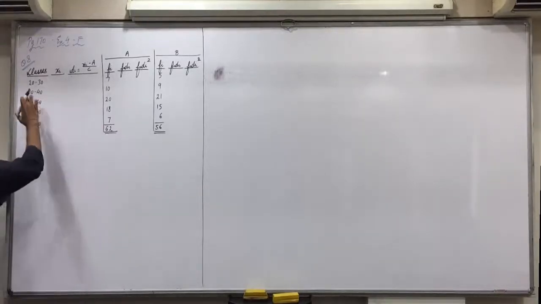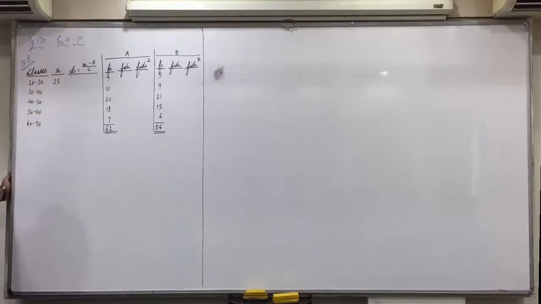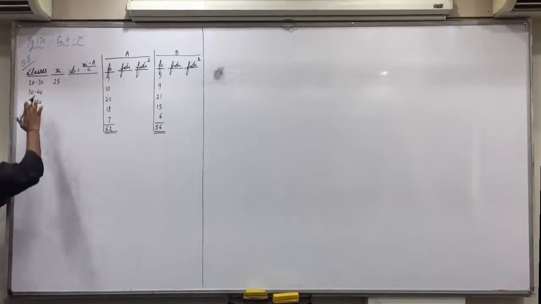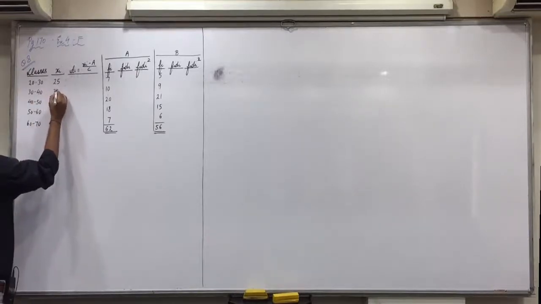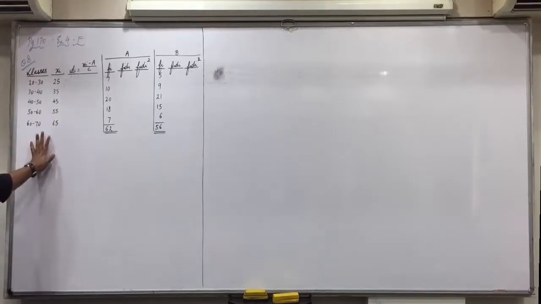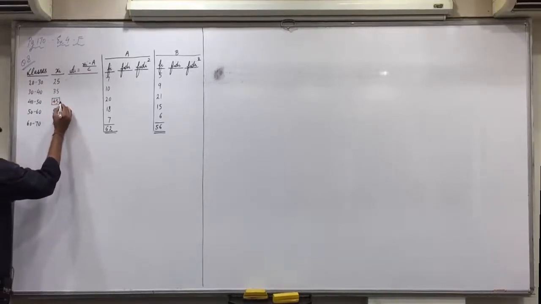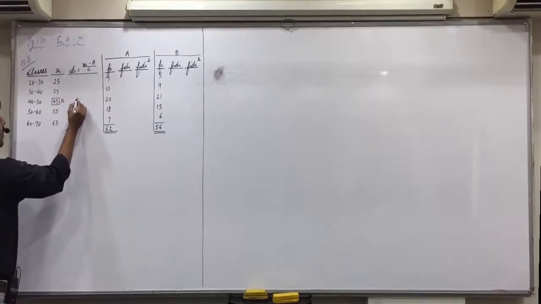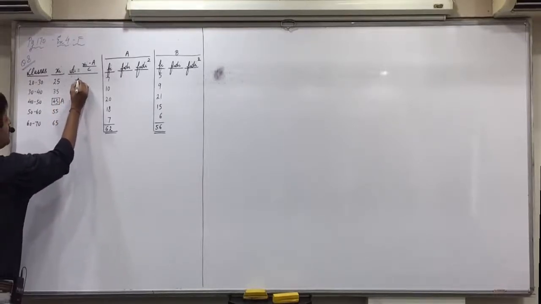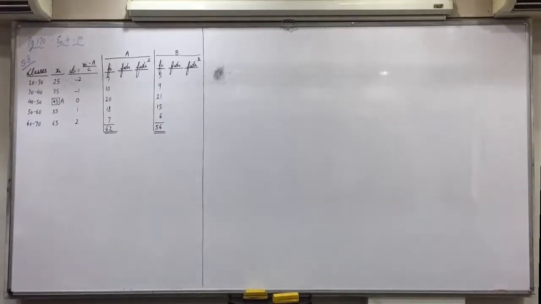Mid values: 20 plus 30, 50 divided by 2, 25. Then how will we obtain the others? Plus 10. Class length is 10. So 25 plus 10, 35 plus 10, 45 plus 10, 55 plus 10, 65. Any doubts with this? Add the class length. Okay. Now assume mean, we take 45. If you take 45 as assumed mean, against that DI we will write 0. Above that minus 1, minus 2. Below that 1 and 2. Any confusions in this?